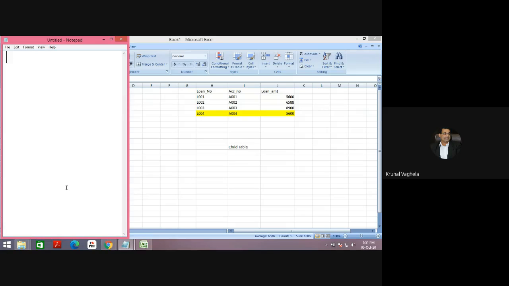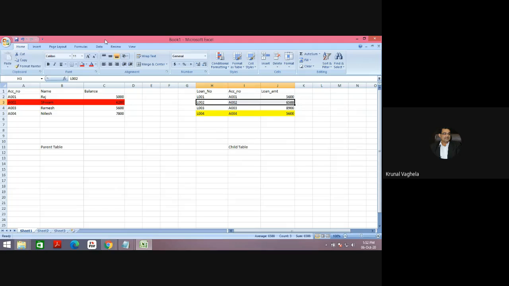There are two options I need to teach you. One is on delete cascade. Second option is on delete set null. First, on delete cascade. See, this is right.